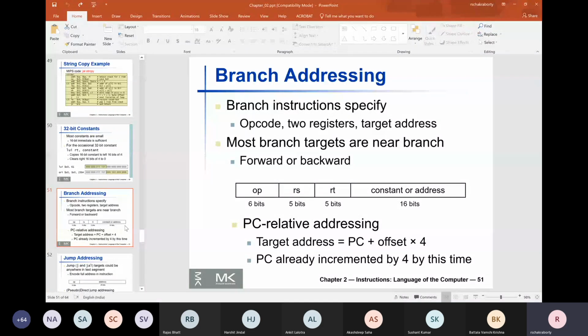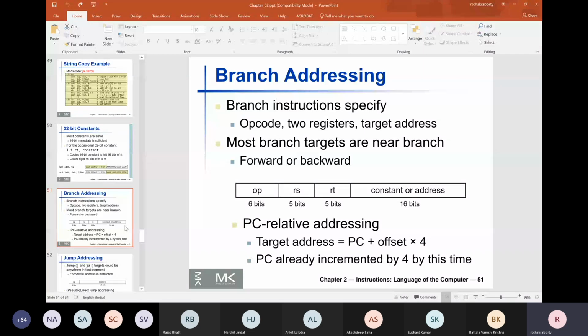Now, the constant that is mentioned in the 16 bits is a signed constant. If it is plus, then it can branch forward. If it is minus, it goes back. So both forward and backward branches are possible. The constant will be encoded in 16-bit 2's complement system.